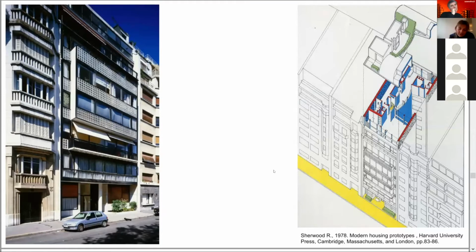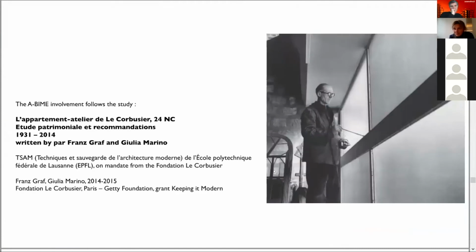And the involvement of ABIM company follows the study that Fondation Le Corbusier asked of the EPFL, which was a historical study written by Franz Graf and Giulia Marino on this apartment. It took 8 years, an historical study that takes into account the apartment from 1931 until 2014. So they were focused on the biography of this apartment, and they